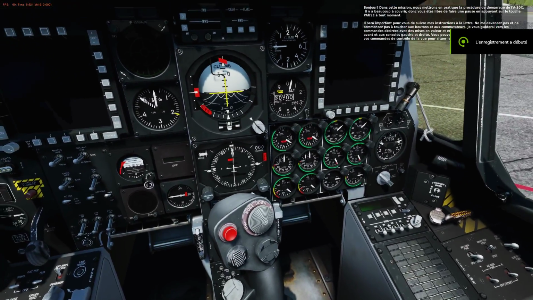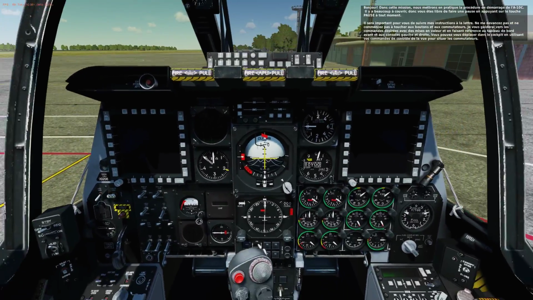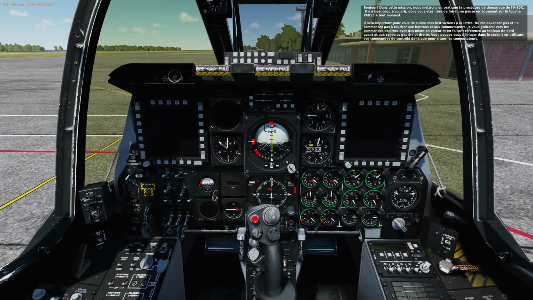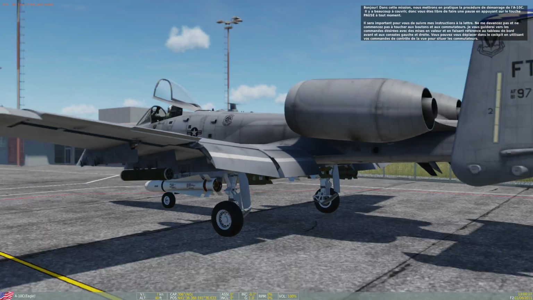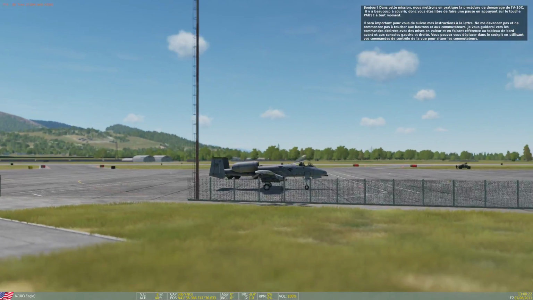Startup procedure for the A-10C. There's a lot to cover, so feel free to take a break by pressing the pause key at any point. It will be important for you to follow my instructions to the letter. Do not jump ahead and start mashing buttons and throwing switches. I will guide you